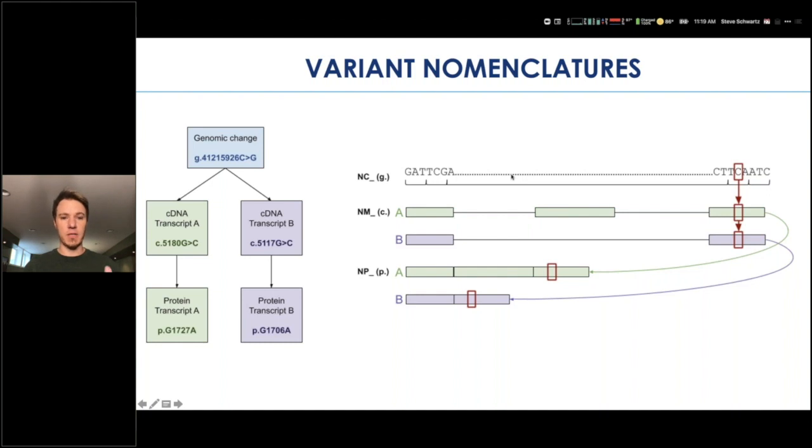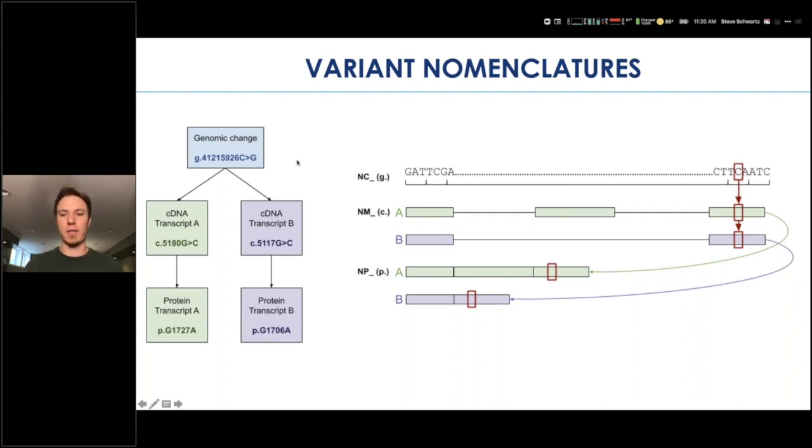The reason for that is because it tends to be the much less egregious error to make, in that if you err on the side of maximal sensitivity, you might have more false positive results. And false positive results you can come back from because you can analyze and validate the results that you have and decide which ones are not relevant to you. Versus erring on the side of specificity makes you less able to recover from that because you can't analyze and validate or invalidate the results that you never got. So when we look at the nomenclatures here, again, sort of the most specific nomenclature you can have